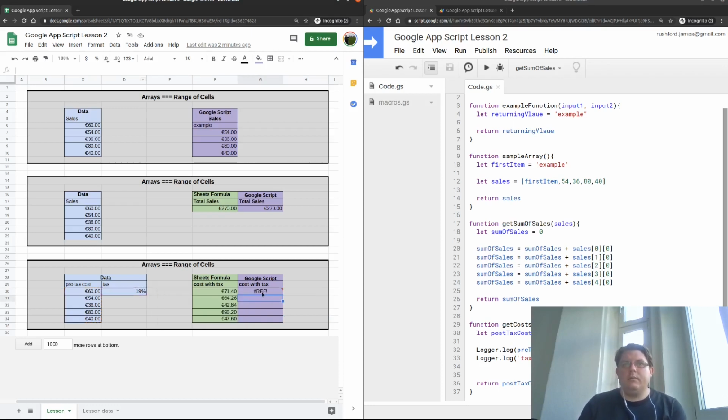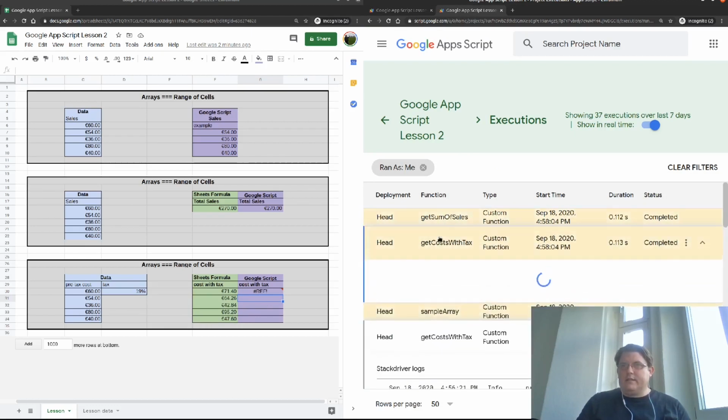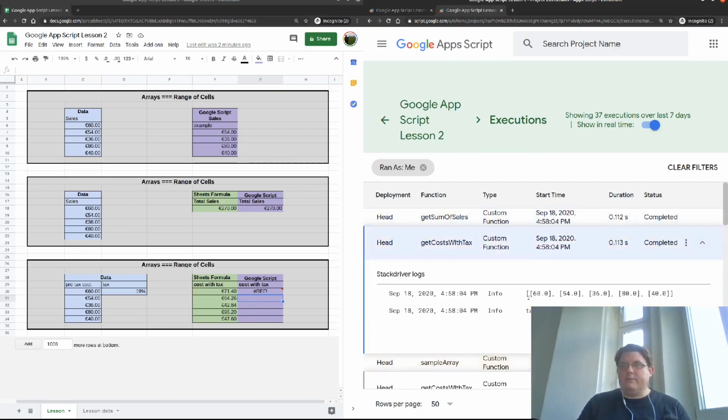I think the problem here with the reference does not exist is we're returning an empty array. So we're returning nothing, and Google Sheets doesn't like that. But we'll get to that in a minute. Get costs with tax. Okay, great. So now we've got our actual array. So again, as we would expect, it's the same as last time because it's the same data. We've got